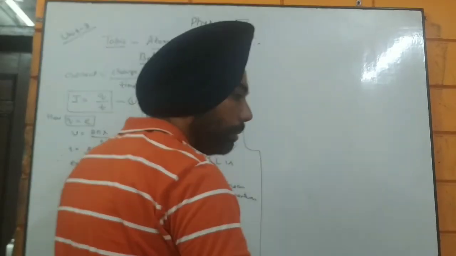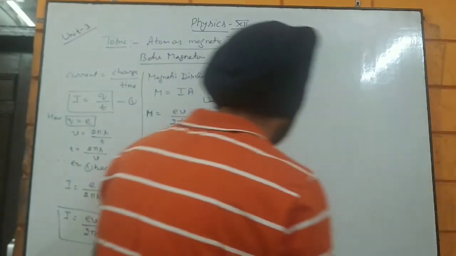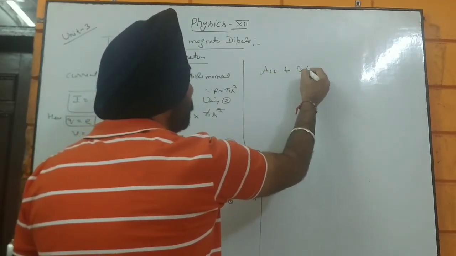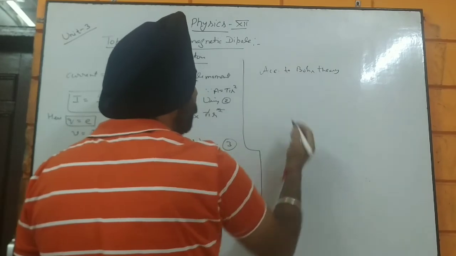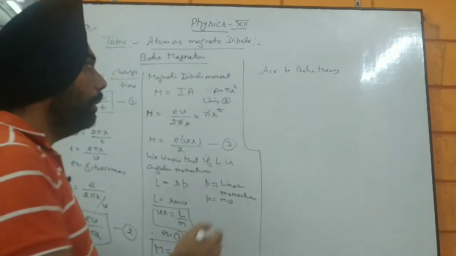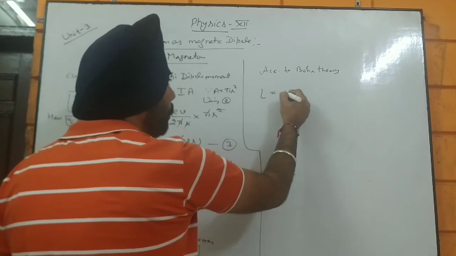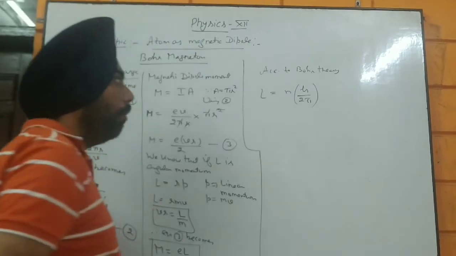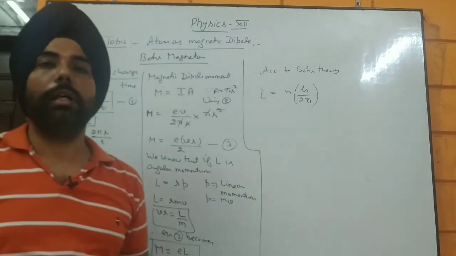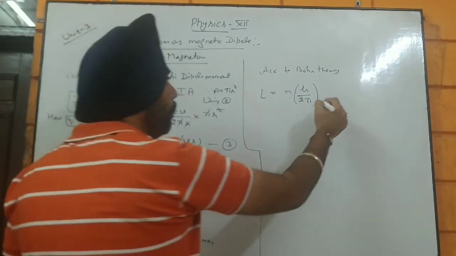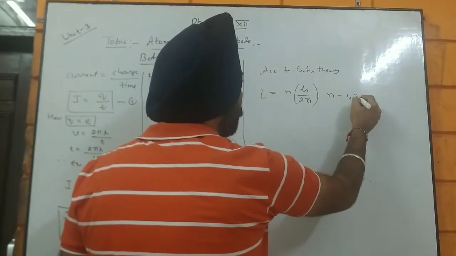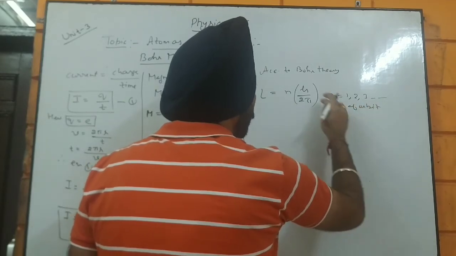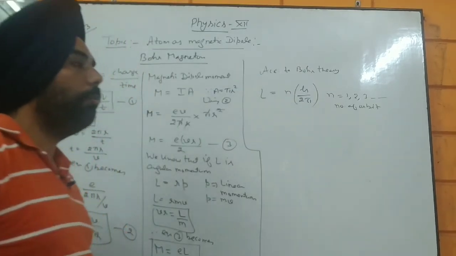Okay, so which means according to Bohr theory, the L is always going to be nh upon 2 pi. Now, where n is going to be the number of orbits. Now, n is going to be here 1, 2 or 3, so on, number of orbit,